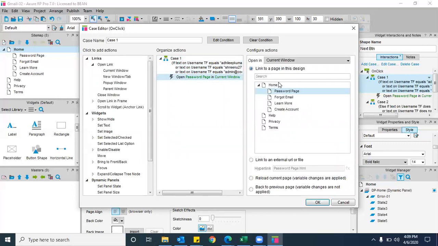And choose the page which you want to redirect from configure actions. See this tab, we call it configure actions. Choose the page which you want to redirect from configure actions. Is that clear? Click on OK.